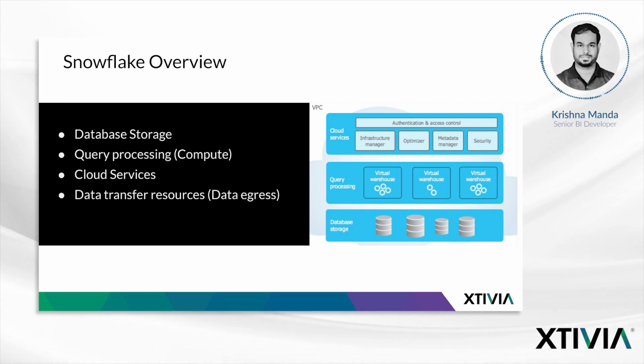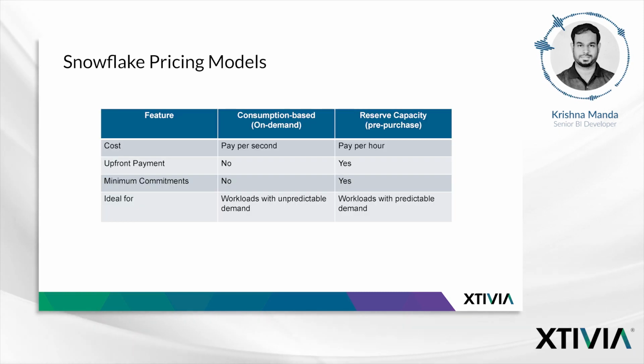So before you start your project, having Snowflake in mind, it's better to know the pricing models of Snowflake. Here you have two kinds of things, right? On-demand and pre-purchase. When you pre-purchase capacity from Snowflake, it will be lesser. That means if you know what your data loads are. If you don't know the frequency of data loads, then it's better to go with the on-demand purchase, which will be a little bit higher. But once you calculate your daily data loads, and quarterly or monthly data loads, then you can pre-purchase the capacity and use it